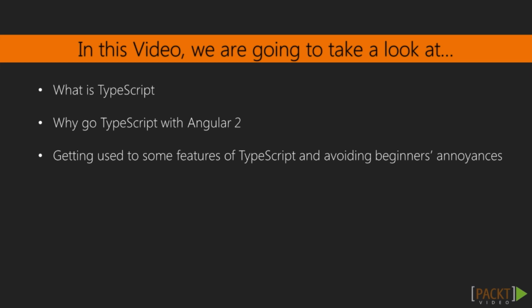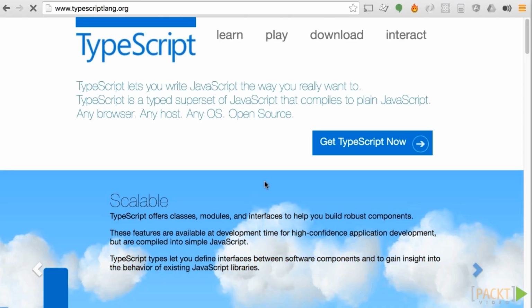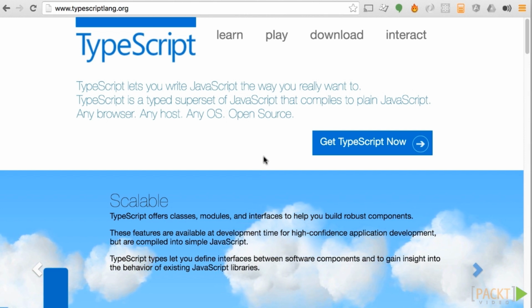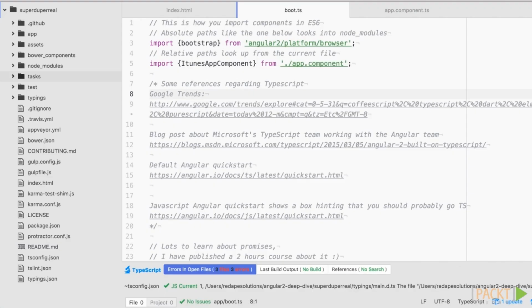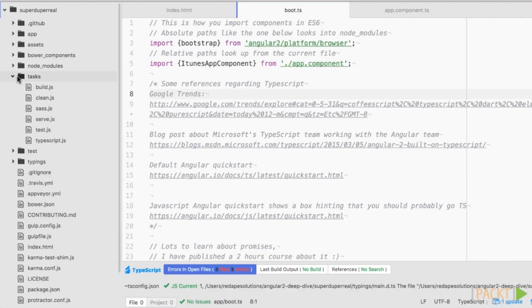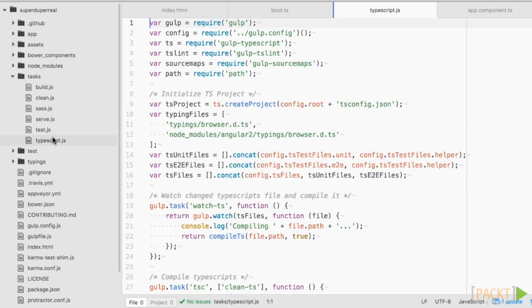So what is TypeScript? TypeScript, a Microsoft product, is a typed superset of JavaScript that compiles to plain JavaScript. Few important keywords here. First, it compiles to plain JavaScript. This means that, in the end, your code is JavaScript. Now, the compilation within our project is handled by a gulp task. You can have a look at